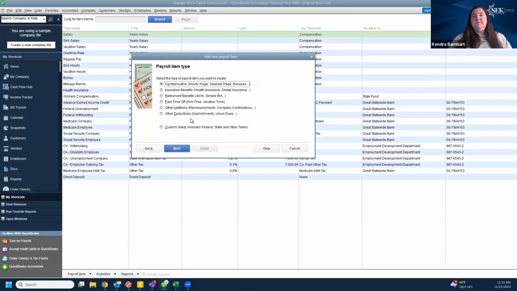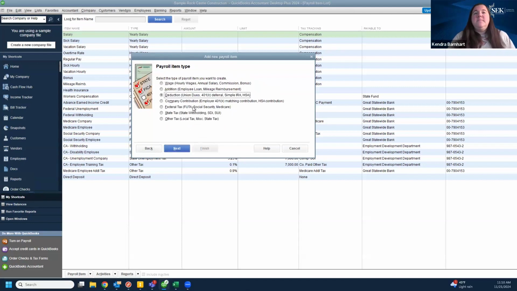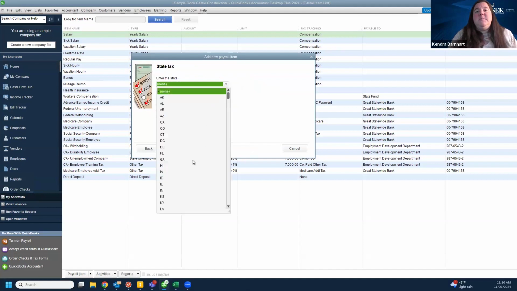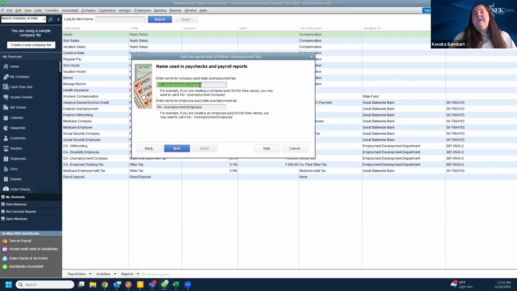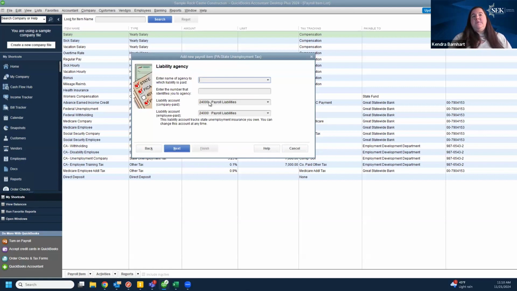Is it going to let me set up an unemployment? Trying to think, state tax. And then obviously for this, it would be Pennsylvania, state unemployment, next. And then here is where you can change the name, enter the name for the company paid. The employee you could take out because you're already going to have another line set up for that. So that's how we would go through. You would select your agency,